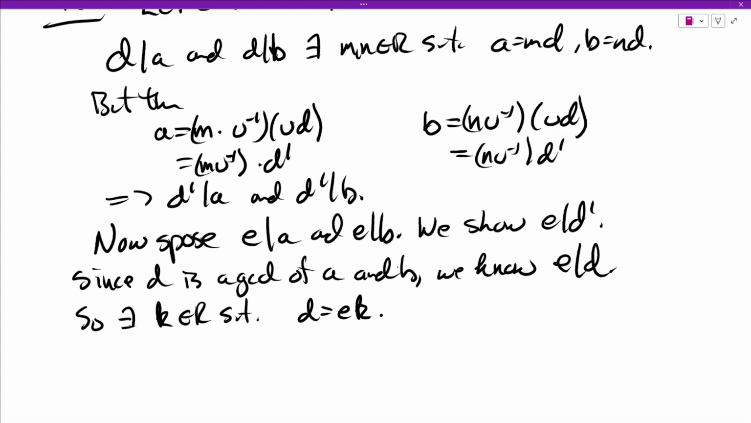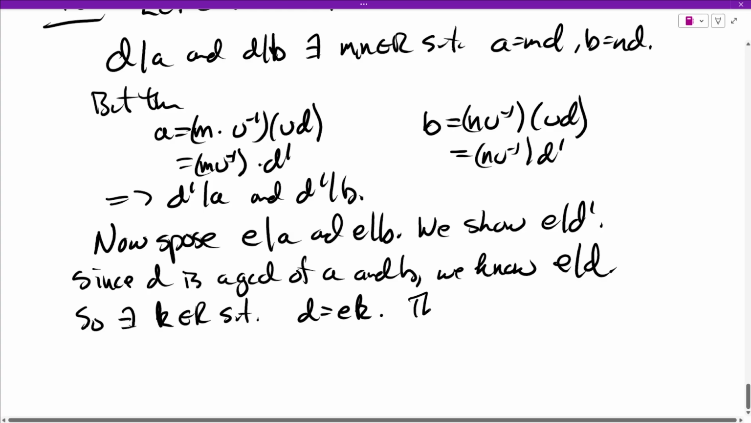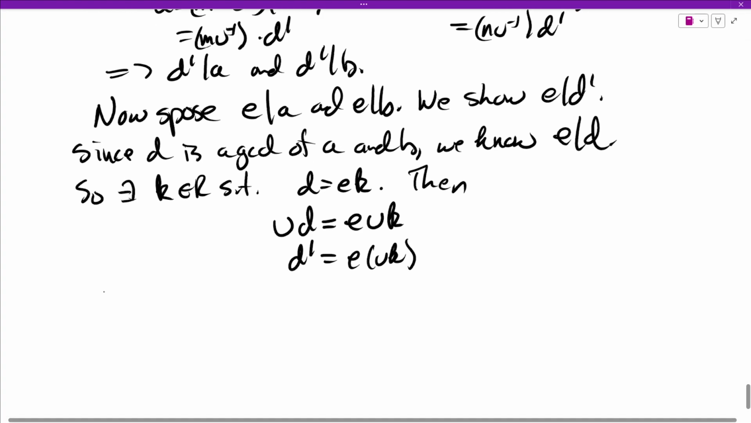Well, let's multiply through by U, and we have a domain, so we can alter the order however we like. The left-hand side is D prime, and the right-hand side is E times something. So E divides D prime. And that's it. So it is a greatest common divisor when you multiply by a unit,